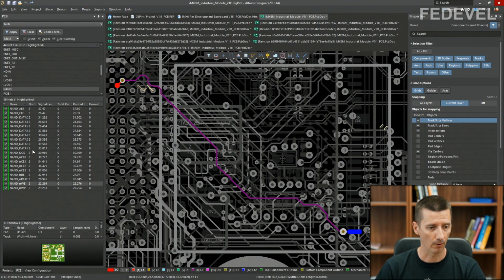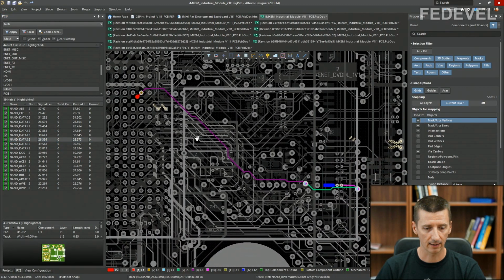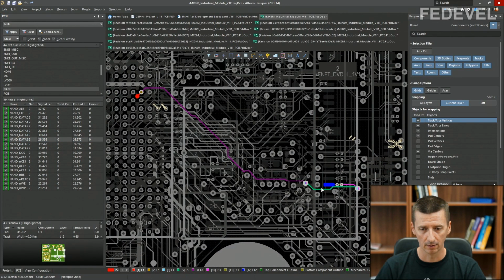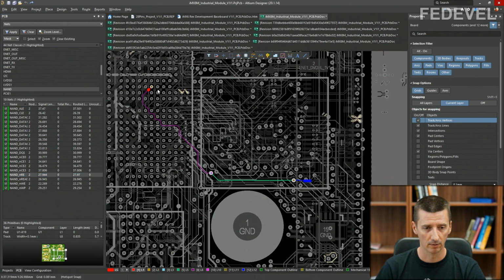Okay, now data signal: top layer, layer 8, layer 5, layer 10, bottom layer. Read signal: top layer, layer 8, layer 5, bottom layer. You get the idea, okay?